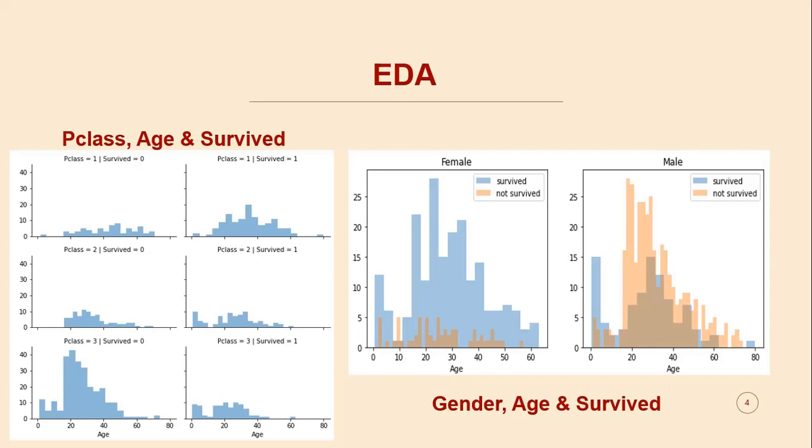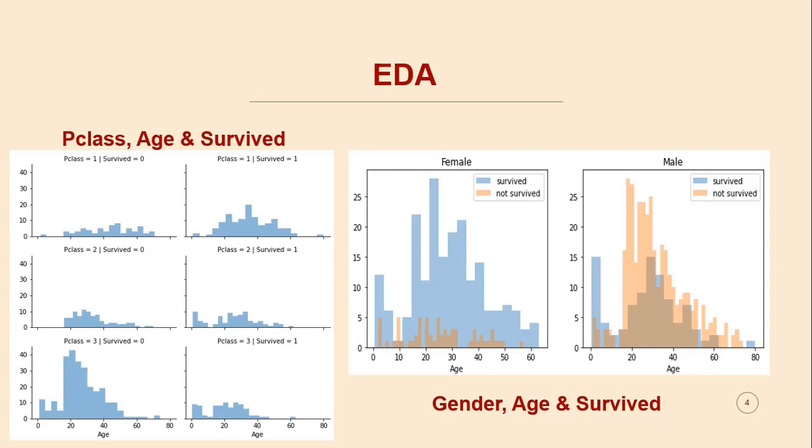The graph below it is of passenger class 2 and survived equals 0. That means they were traveling in passenger class 2 and they didn't survive. And the last graph in that portion is of the people that were traveling in passenger class 3 and died. We can see that there is a huge number in the passenger class 3 section, and in the age range of 18 to 45, a huge number of people died.